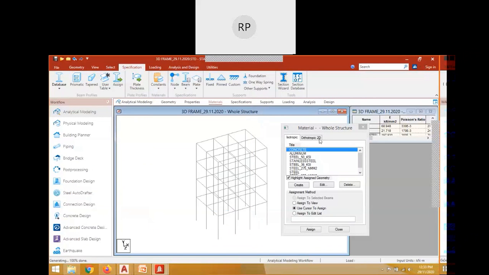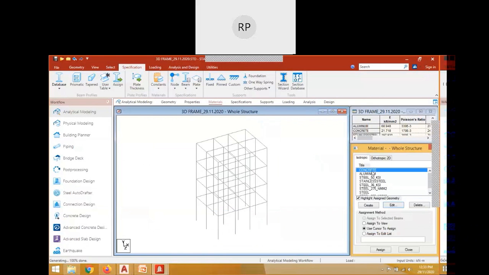I'm just putting this value as 30,000 kilonewton per meter square. Say okay. Now concrete strength I have changed only. Now other things I kept same. Now if you want, you can go to the STAAD editor and you can change your other properties of the